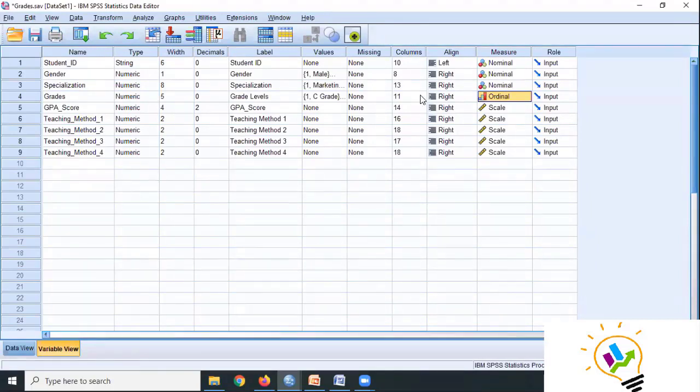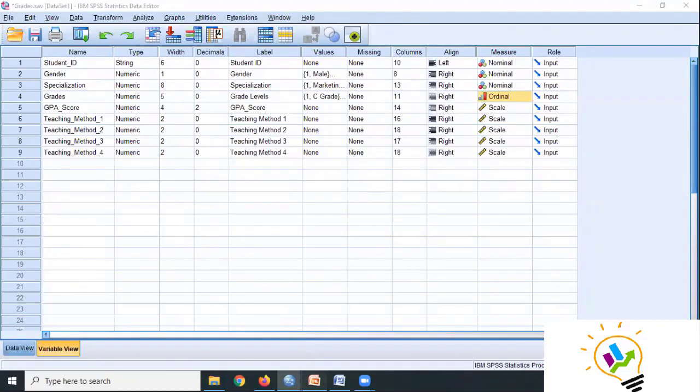So let us check for the GPS score whether the data is normally distributed or not. We can even check for each individual scale data. We must check before we start the analysis whether the data is normally distributed or not. Why is this important? Because basing on the data normality only, we will be selecting what type of test can be used. If the data is normally distributed, we will be using a parametric test. If the data is not normally distributed, we will be using a non-parametric method.